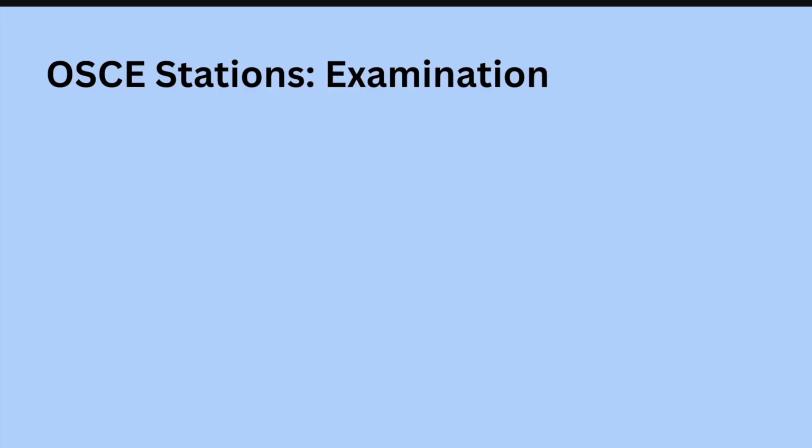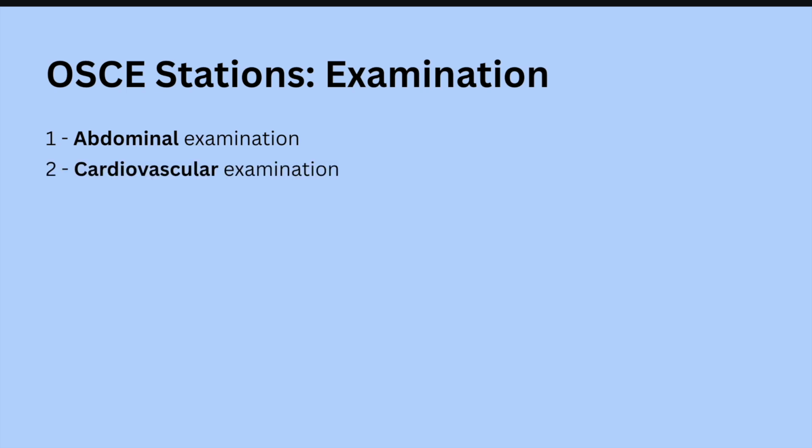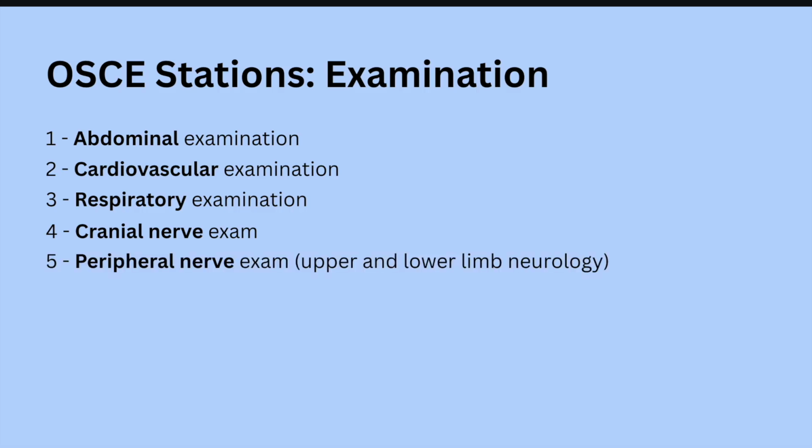The discharge one comes up quite a lot in 4th year, so almost every time you're going to get the pre-operative assessment. For this, you need to ask the patient quite a lot of questions, and then you need to do a head-to-toe examination as well all the time. So that's quite tight. For the OSCE stations, the examinations can be an abdominal examination, cardiovascular, respiratory, cranial nerve, peripheral nerve, and MSK.